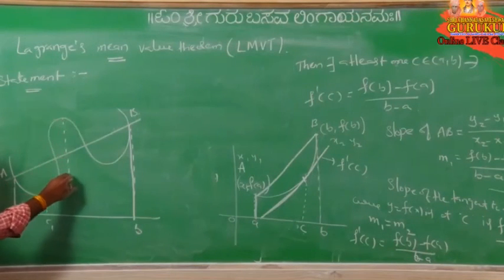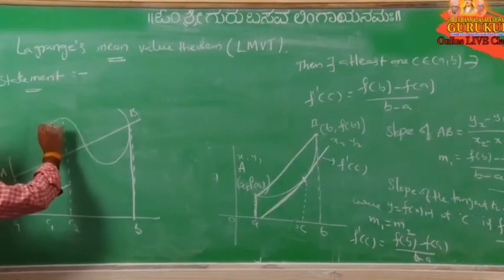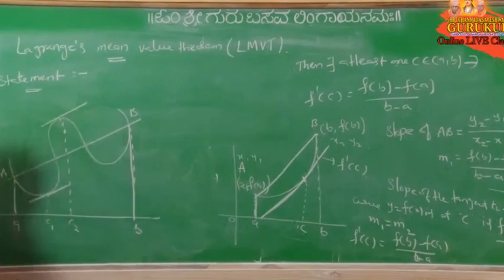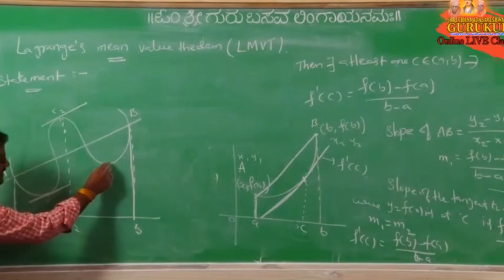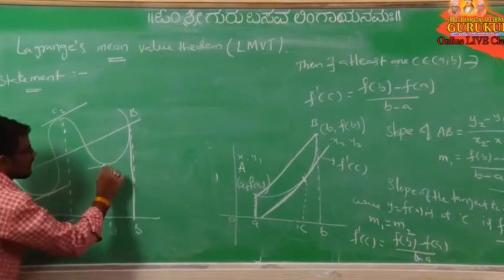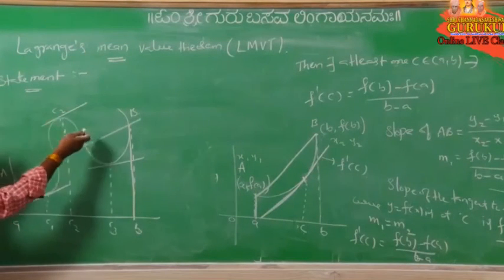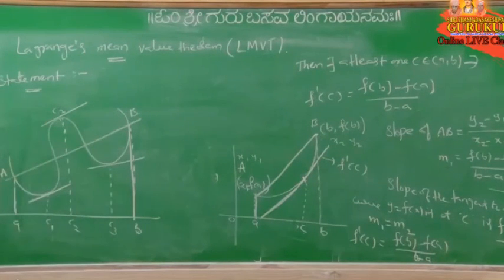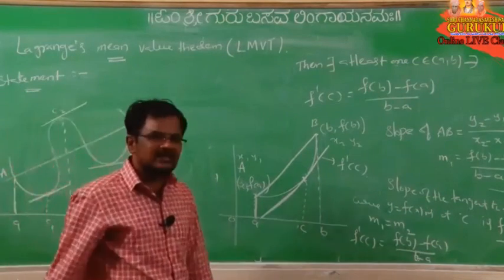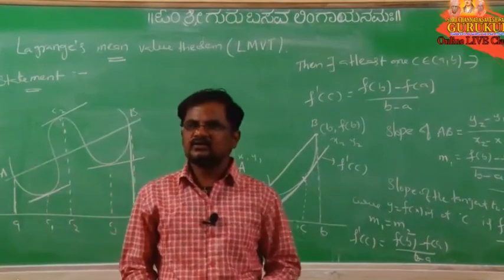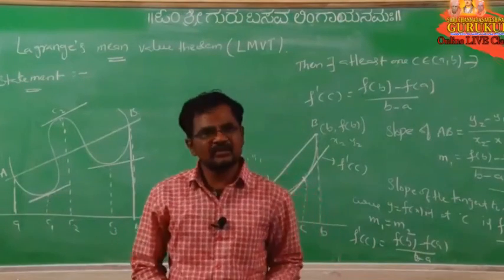Suppose you take here c2, one line. This line also is parallel to this one or not? Here c3 you take, one tangent to this one. So here we are getting more than one point or not? C1, C2, C3, tangent here, tangent here, tangent here, parallel to AB. So these three satisfy that condition or not? So like that, not only one point, at least one point, means minimum one point. So this is about Lagrange's mean value theorem, and tomorrow based on this Lagrange's mean value theorem we will discuss problems. Okay.